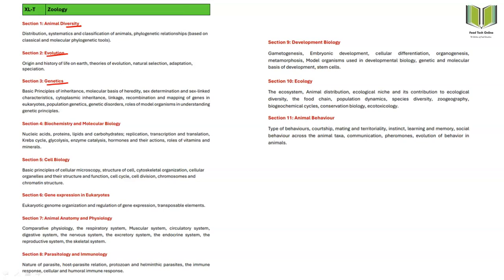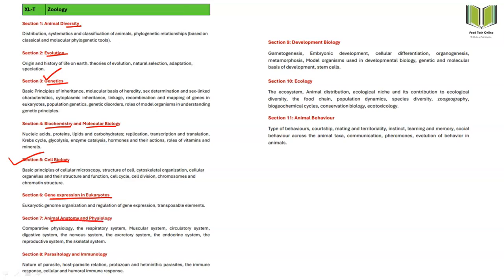Darwin's theories of evolution, how natural selection and adaptation of species occur, and afterwards we will be seeing the basics of genetics. And after that, in zoology or the animal kingdom, what is the biochemistry and molecular biology, what chemicals have been identified and what mechanism they follow inside the human body or any animal cell. Then we will be understanding the biology of the cell and gene expression in eukaryotes, that is, the molecular biology or central dogma of molecular biology.